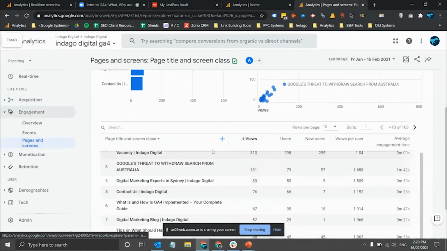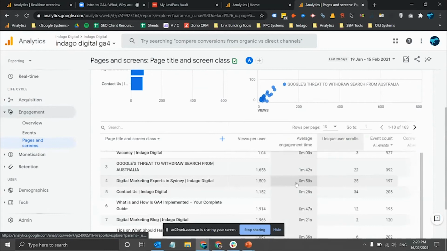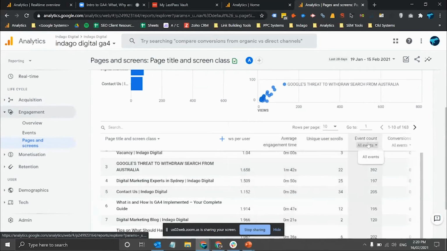you can see the report that you probably would be used to seeing in Universal. There's an interesting setup here. For example, if you look at the event count, which is again a new metric available in GA4, because the whole environment is based on this measurement model, everything is really just an event.